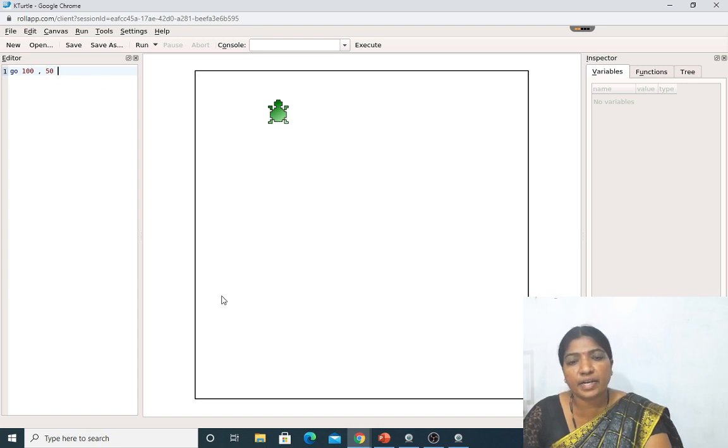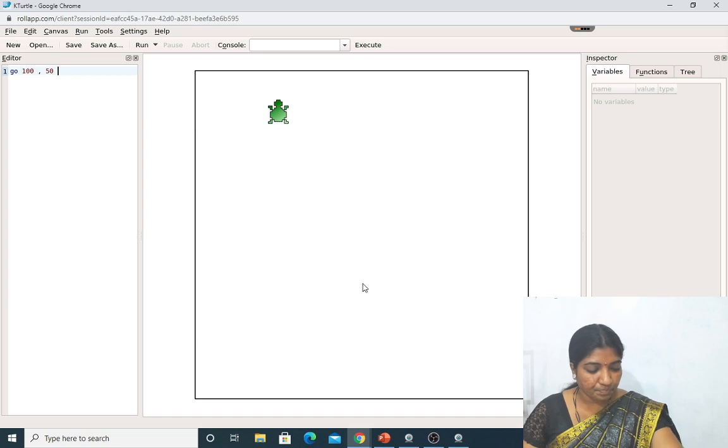What has happened? Did you notice the change? What has occurred in the canvas editor? The turtle was first in the center position. Okay. Now where did it go? It went to the topmost in the left side. That is go 100, 50.